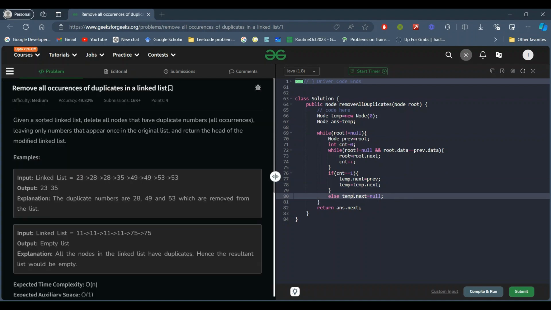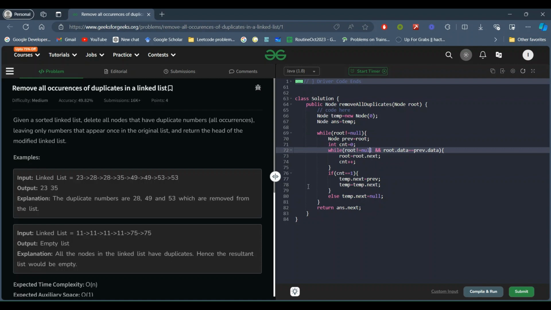So let's summarize once. Here we are using a temporary node, and we are keeping it inside the answer to hold it, such that at the time of returning we can return the answer value. Then we traverse the root node, and the current node will be stored in the previous, and all the values of the root node will be matched with the previous data, and until it is getting a match we will count the values.